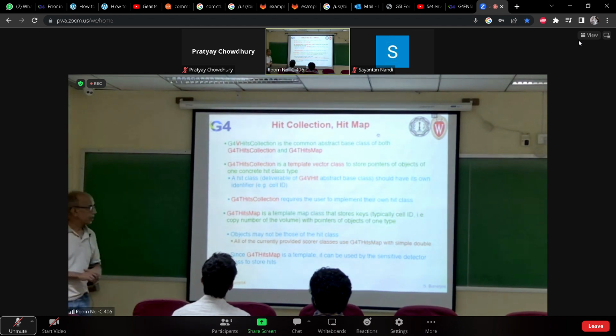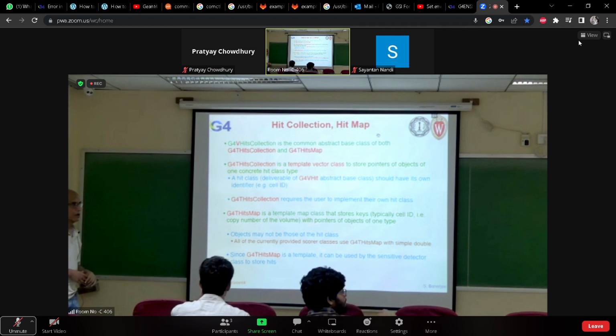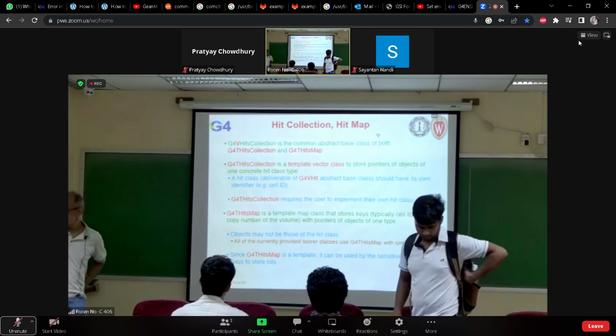Now the hit collection, this is also covered, could be a pure collection class or it could be a map class. Collection means it is a vector of hits, and the map class is essentially a map of hits. So these are all templated classes. You can use either the G4THitsCollection or G4THitsMap, and then you store that information in those things. So far we have